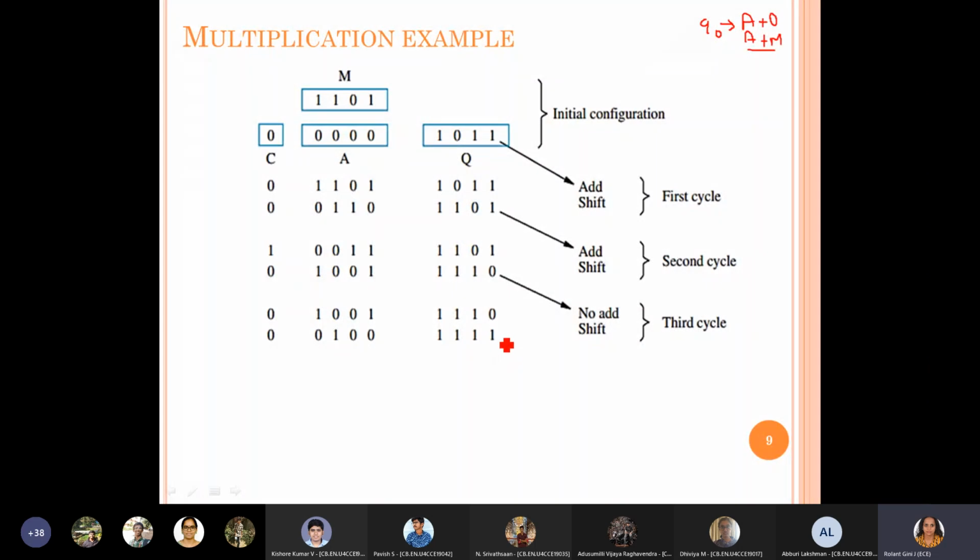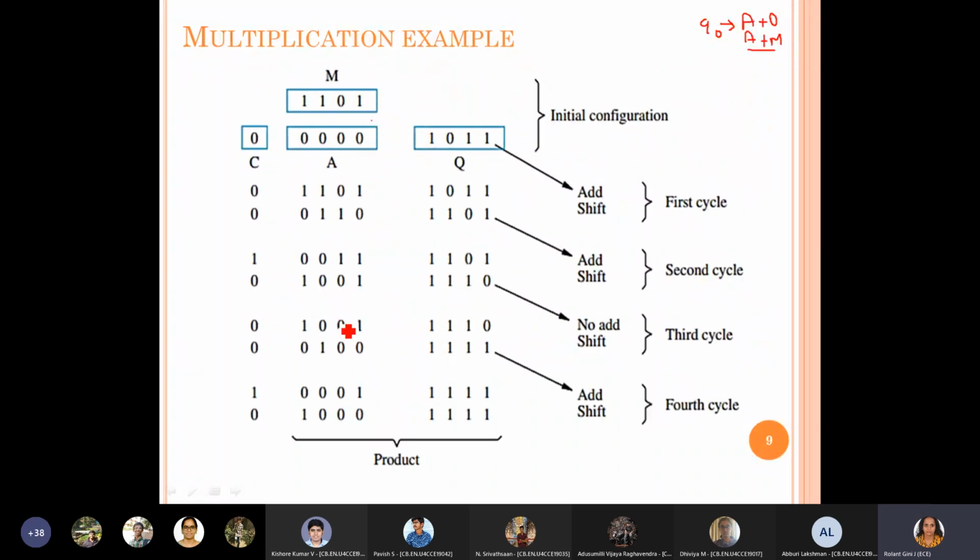Then again if you check, Q0 is 1 here, so in the fourth cycle it is an addition case. So you add this A value with the M value, and you get the result as 0001 and 4 ones.